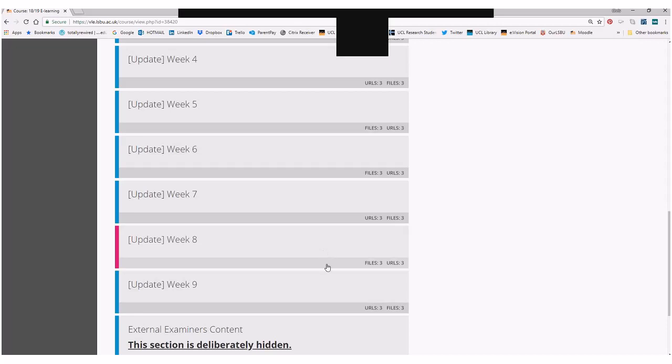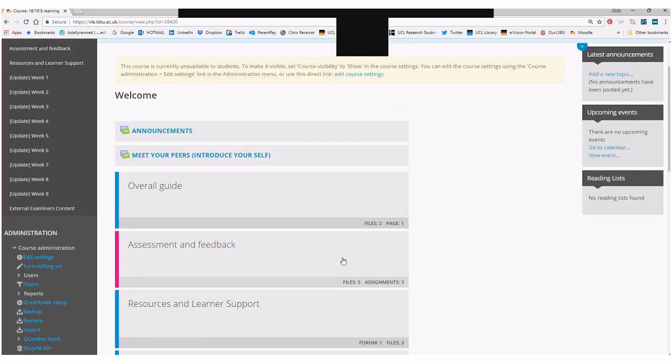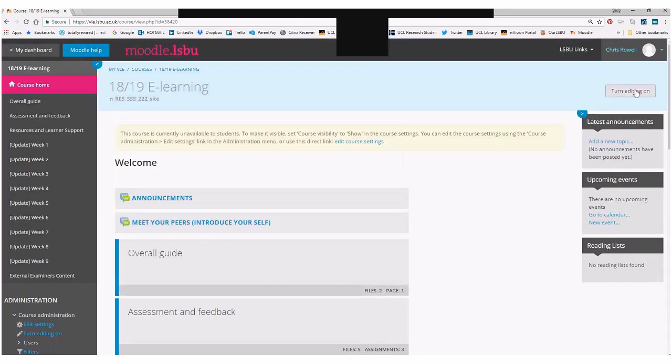Students coming into it might not be conscious of which weeks they are, and they might think that because there's a week with nothing in it, the content has not been uploaded. So if you're not using one of those weekly folders, you need to delete it. That's easily done by turning editing on at the top of the page, the button on the right hand side,